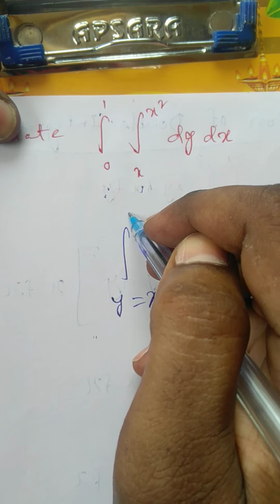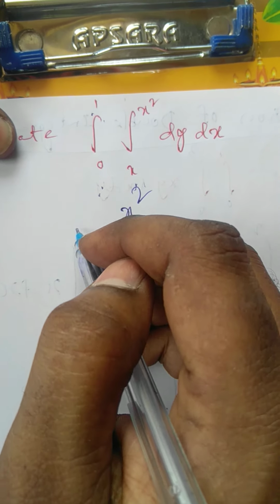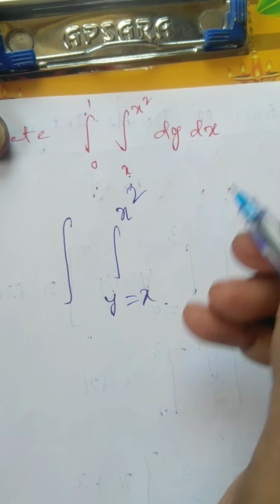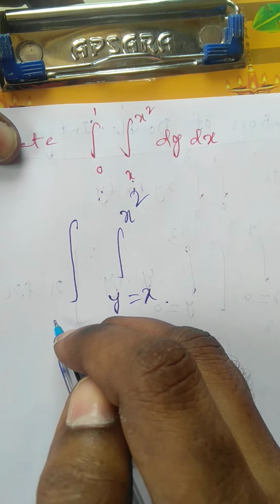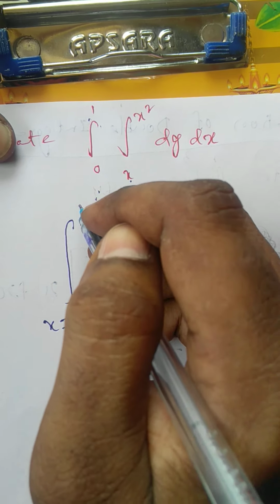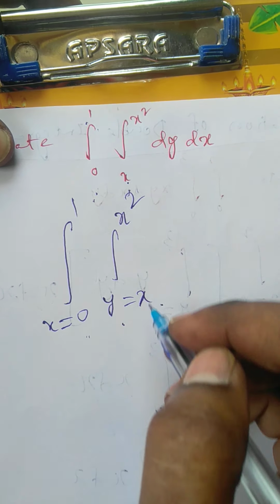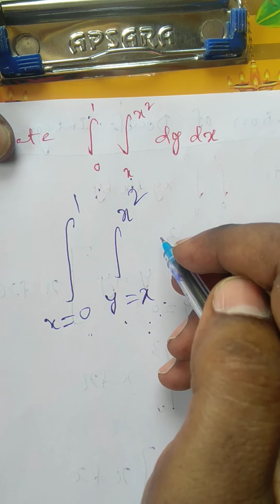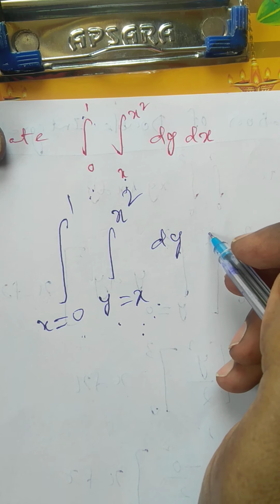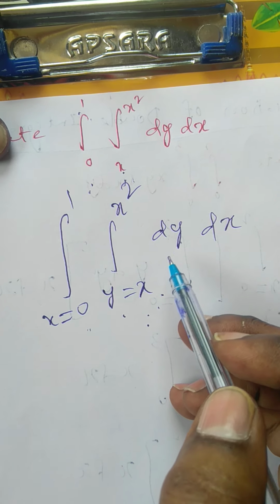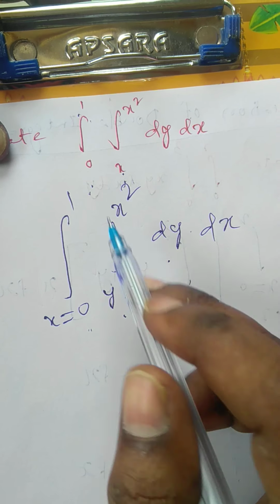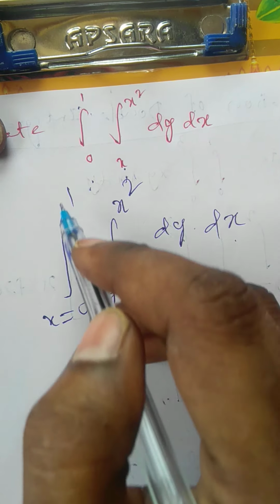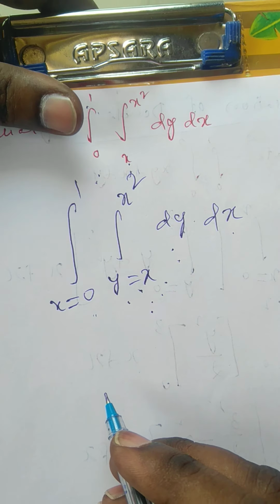So y equals x to x square, right? The remaining limits, already y limits we fixed. We have limits in terms of x that I am fixing for y. Constant limits I am fixing for x. So x equals 0 to 1. See, y limits are in terms of x, right? So that's why I am trying to integrate with respect to y first, then x. Because if I integrate with respect to y, y limits are in terms of x, so the entire problem is converted in terms of x. Then if I integrate with respect to x, x limits are constant, so that we will get the required answer.